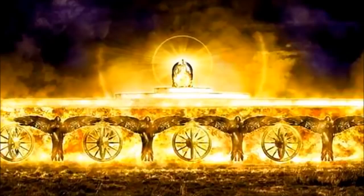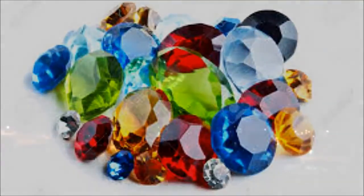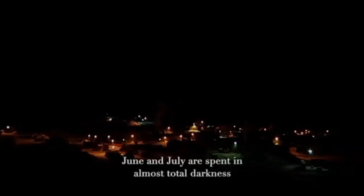Ezekiel 28:13, "You were in Eden, the garden of God. Every precious stone was your covering, the sardius, topaz, and diamond, beryl, onyx, and jasper, sapphire, turquoise, and emerald with gold. The workmanship of your timbrels and pipes was prepared for you on the day you were created." Lucifer. Revelation 21:19, "And the foundations of the wall of the city were adorned with all kinds of precious stones. The first foundation was jasper,"